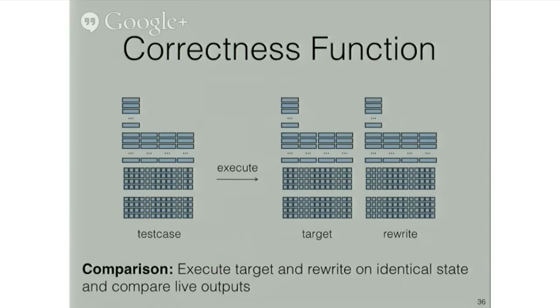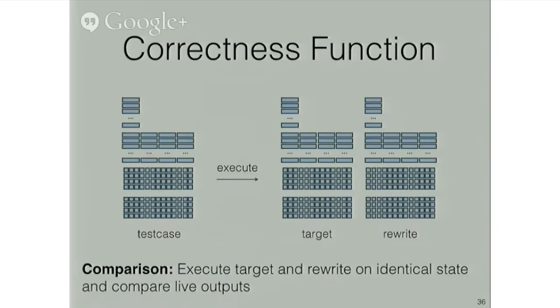Once we have a test case, simulating both the target and the rewrite on that test case will result in two distinct machine states, one for each execution. And then given those two states, what we can do is produce a fast approximation of correctness by just comparing the bit vector values in the live-out memory and register locations in each. And in order not to overfit a single input, we can generalize this approach to as many test cases as we like.